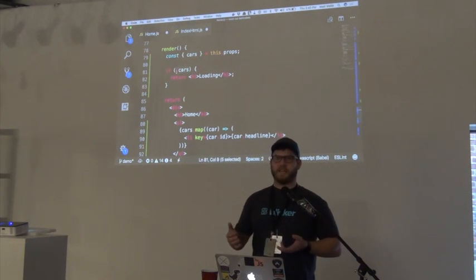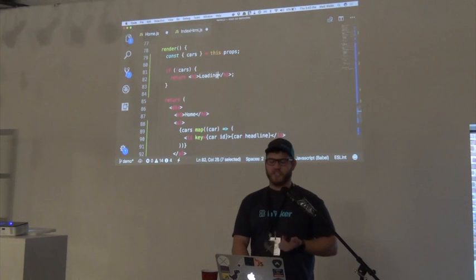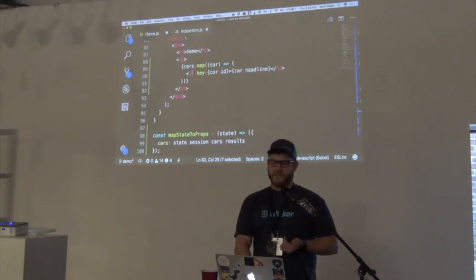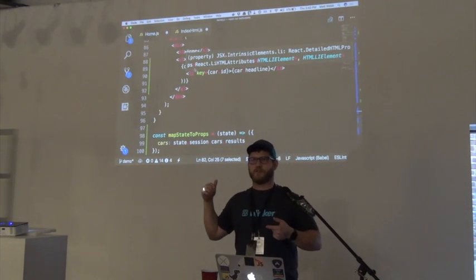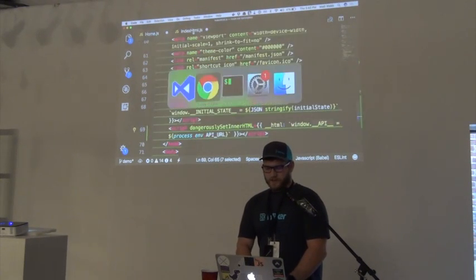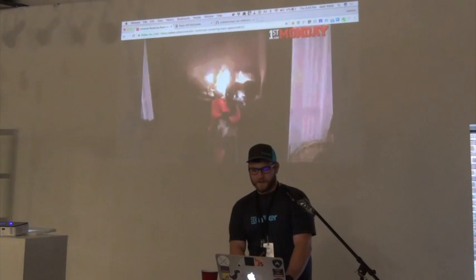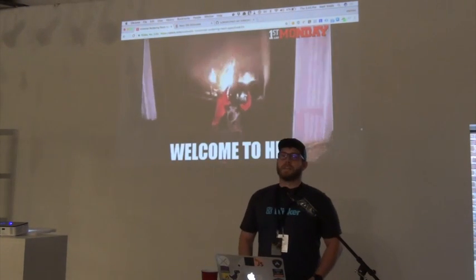So we have to do this data check to see if we've hydrated the state of cars, and if not, we're just going to show loading until it's like, cool, we got the cars now that we can actually render it. So, yeah, welcome to